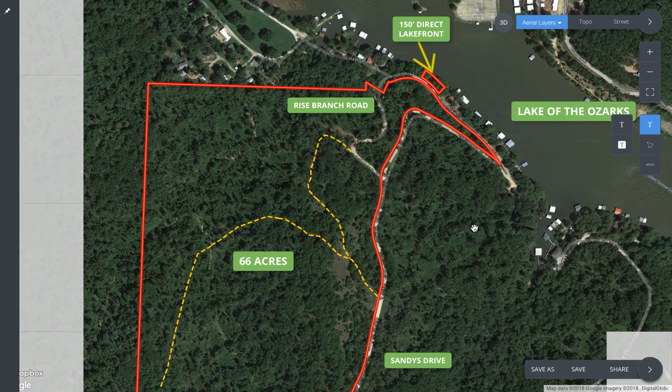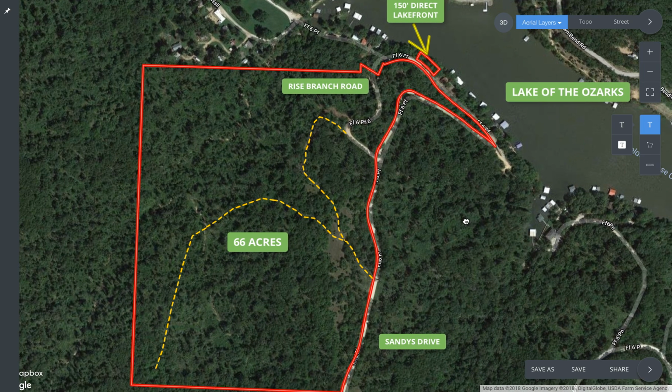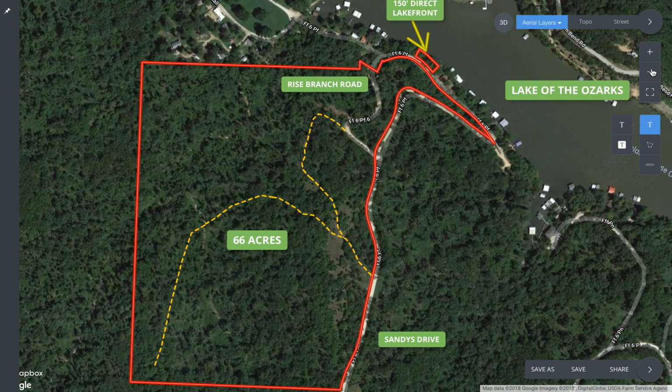Trying to zoom out just a little bit. Okay. The property's basically wooded, like most of the stuff right in this area. It was logged a few years ago. Certainly not clear cut. I mean, this aerial shows it pretty well, I think. We've got some open glade areas, which are beautiful. It's a mixture of highs and lows. It's actually got